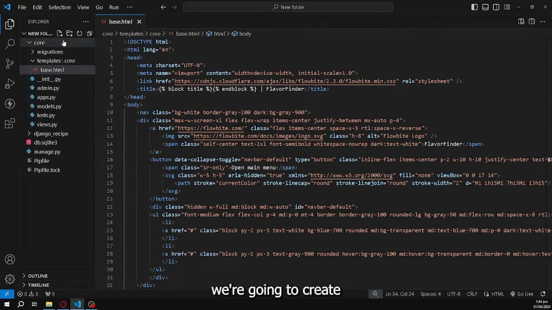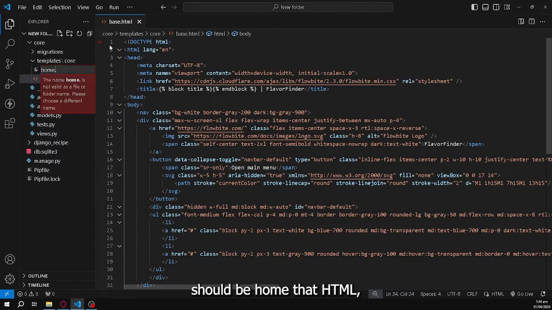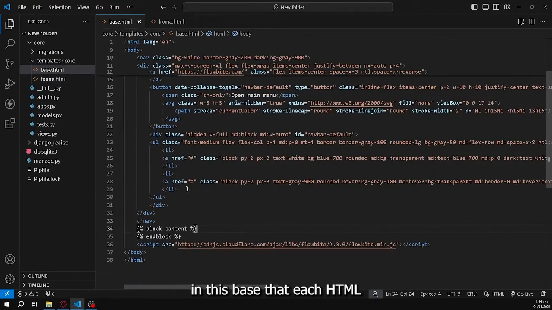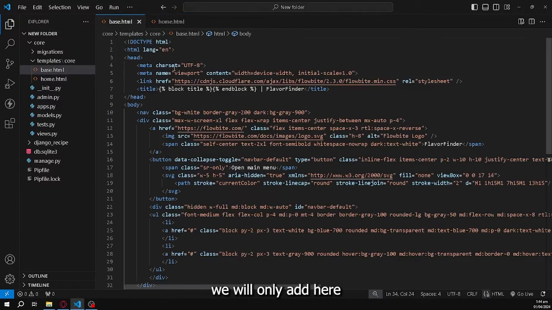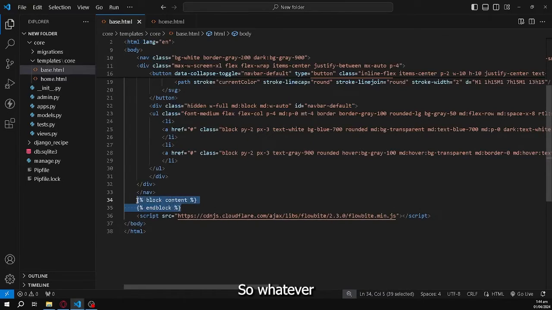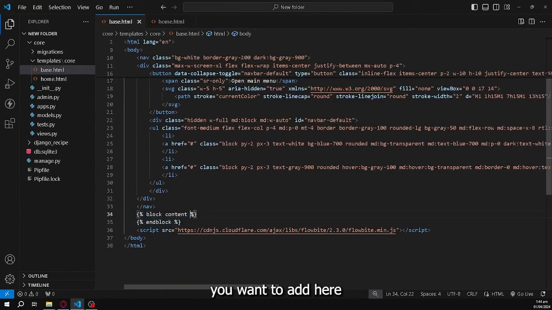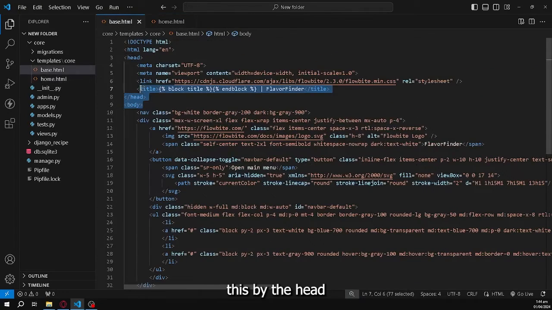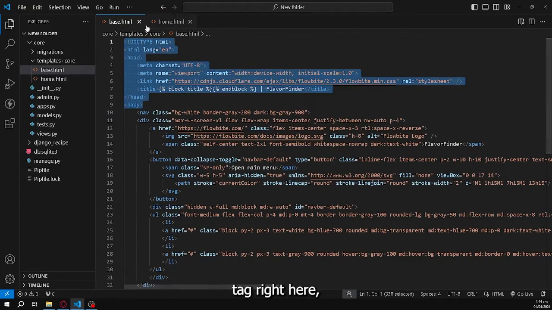So to do this, we're going to create another file here. It should be home.html. And in this home.html, we don't need to add the boilerplate because that is already added in this base.html, and we're going to extend this. We will only add here the content. So whatever you want to add here will be added to the content, and then we don't have to add this body and head tag right here because this is already added in the base, and we're going to extend